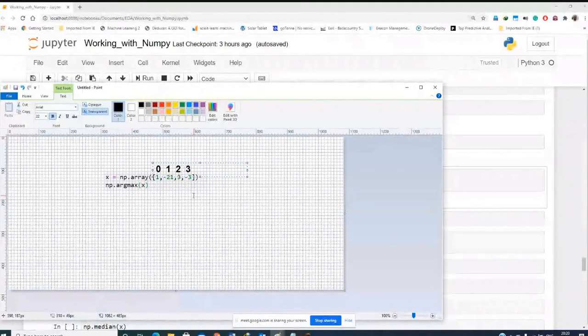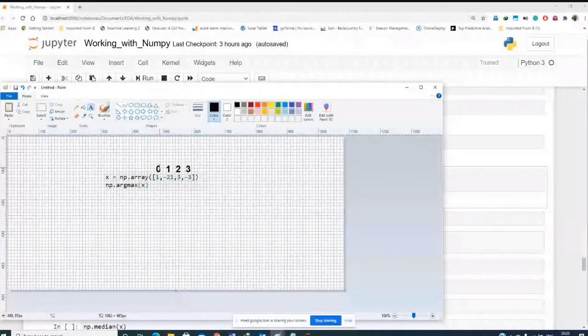So these are the index locations. For this element, 1 is 0. For minus 21 is 1. For 3 is 2. And for minus 3 is 3. So if I say np.argmax x, I'm saying give me the index of the element with the